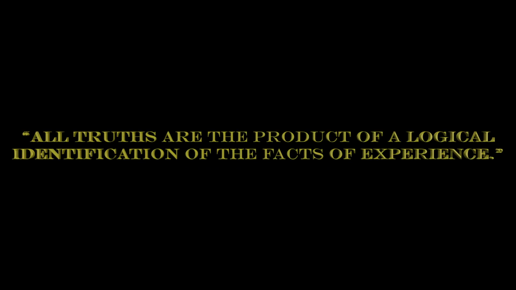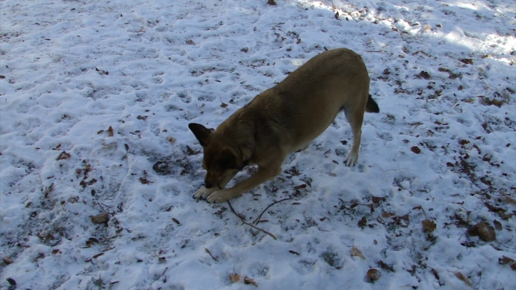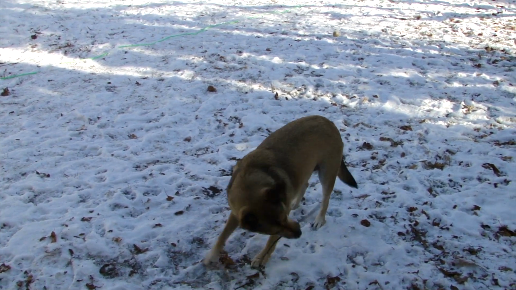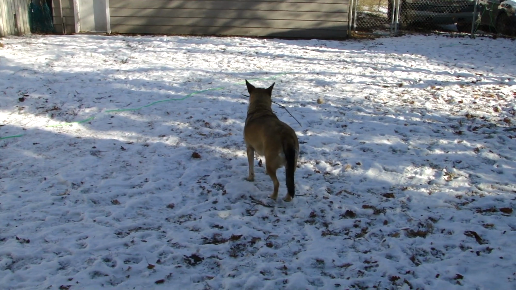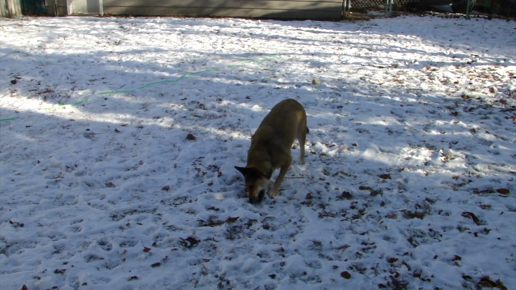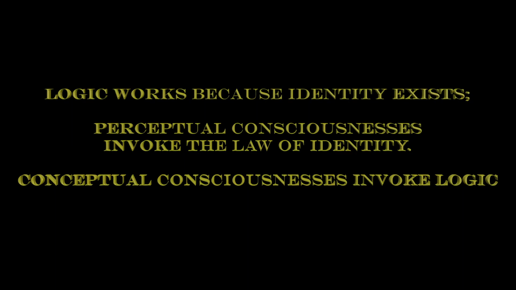All truths are the product of a logical identification of the facts of experience. Logic, at its lowest and most implicit, is based on objective cause and effect experience. It would be inaccurate to state that higher-level perceptual animals perform logic qua logic. Logic requires the conceptual level, which we have not yet reached. However, logic has one law, the law of identity, and therefore all animal knowledge based on cause and effect provides the animal with a rudimentary, unverifiable, and incomplete method similar to logic.